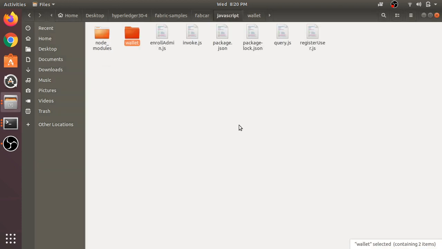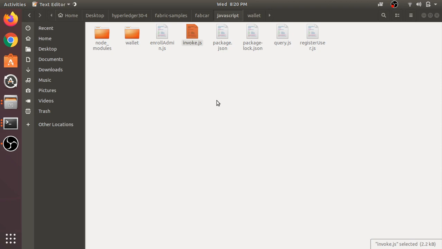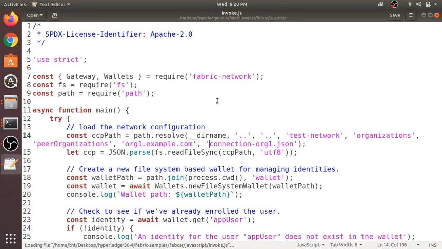Okay, so next here you can see different files. Next one is invoke.js. One thing I want to say is that when you deployed your fabric by using start fabric, you actually initialized some details of cars into your network. It is given in your chaincode.